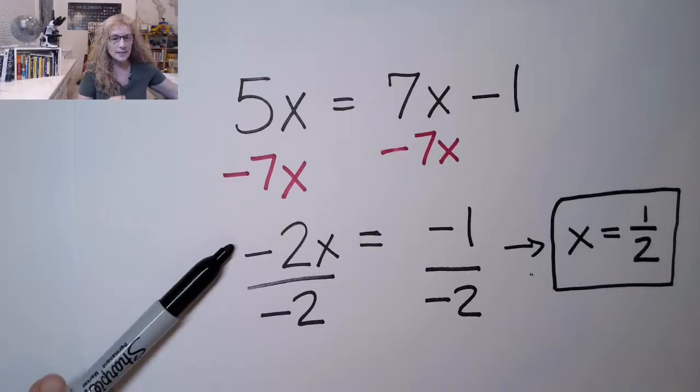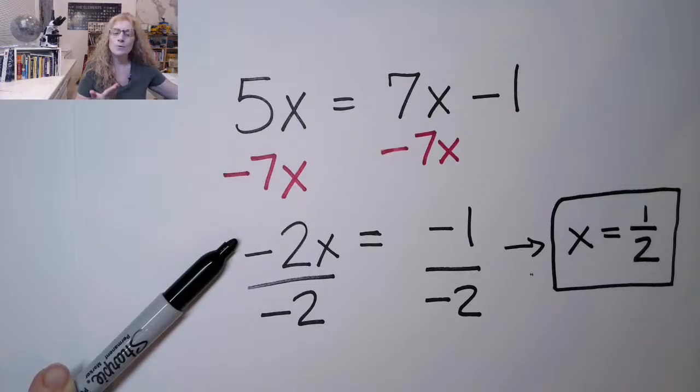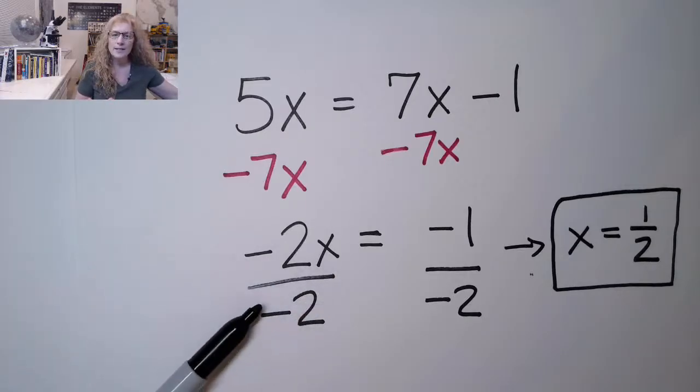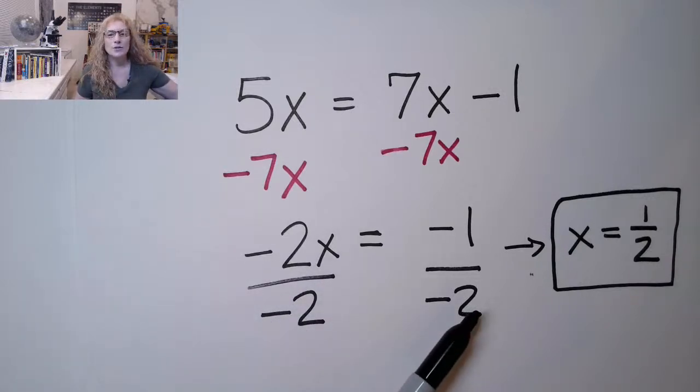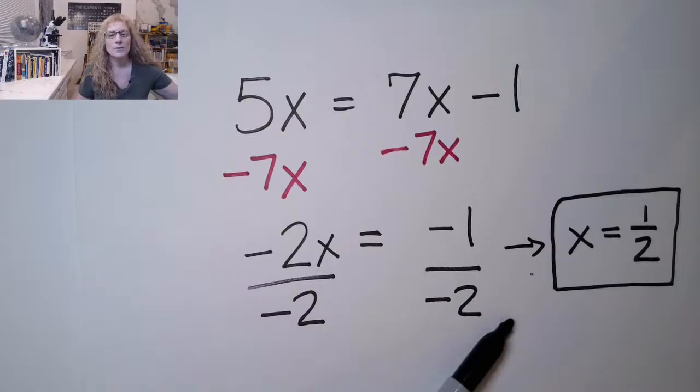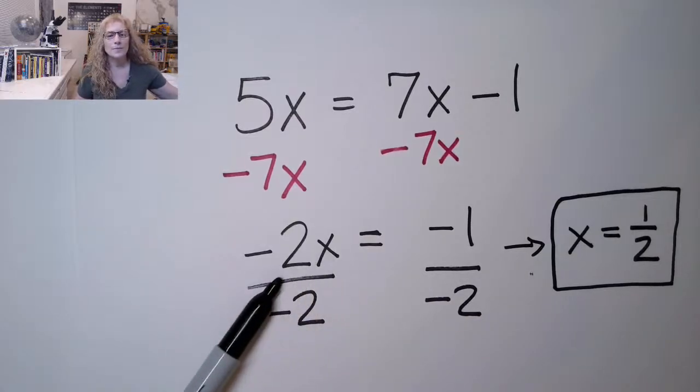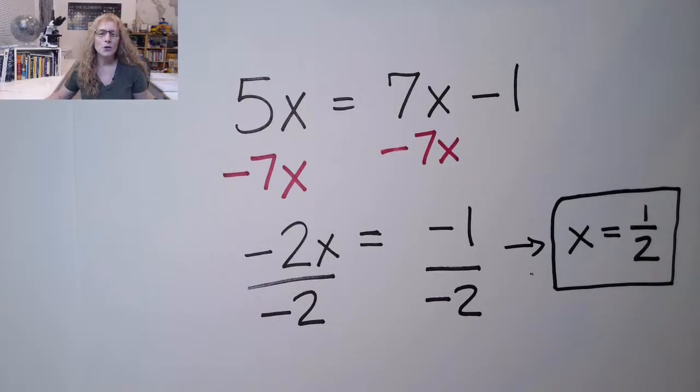And then the next step is we need to divide whatever's in front of the x. In this case, it's going to be this negative 2. So negative 2, negative 2. So I basically need x by itself. So x is equal to, and then this is the minus 2 from over here, right? Okay. Who would like another example? How about we do a bunch more? Okay, sounds good. So